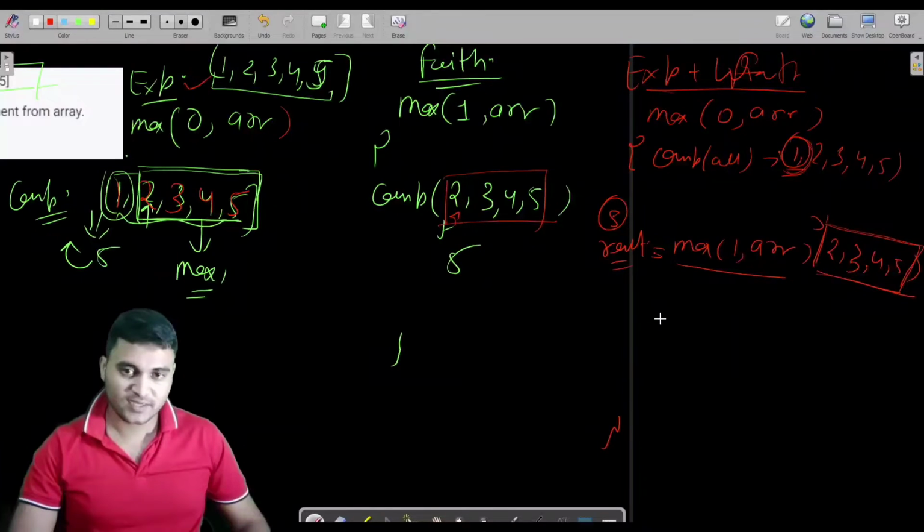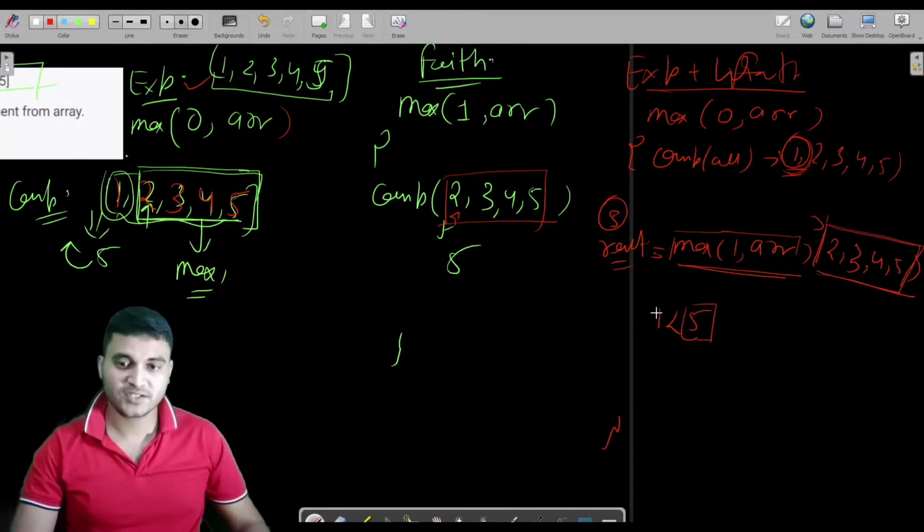So I will check whether my element is greater or smaller than the max of this sub array, which is 5. If my element is less, then the max which this function returns will always be the max.